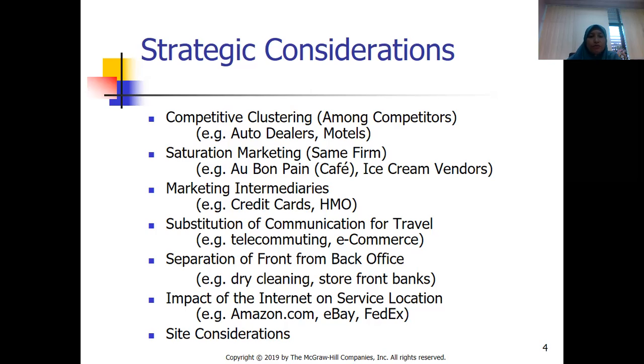And then separation of front from back office. So you can see that sometimes now, with the technology that we have, you can have, for example, dry cleaning facility, laundry facility, and then it can be done directly by the customer. And also we can have another one like ordering food. So you can have McD online delivery, maybe Domino's Pizza. Okay, so you can just straight away